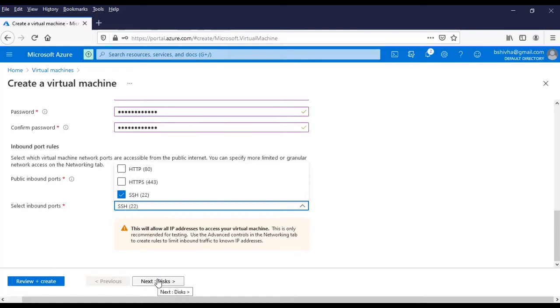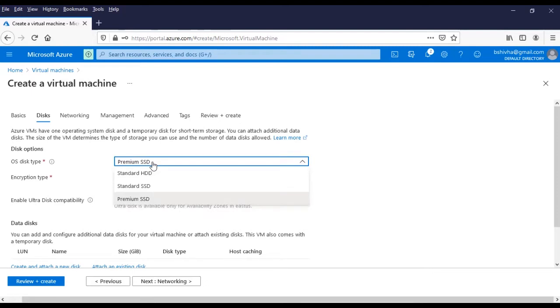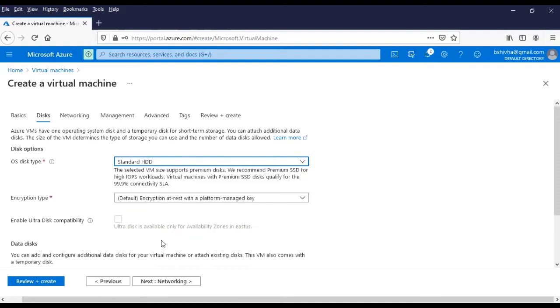I'm now going with port 22. And since we are just learning, in order to extend your trial period, always go with the HDD. But in production, based on the need, you can select SSD. Now I'm going with the standard HDD disk.